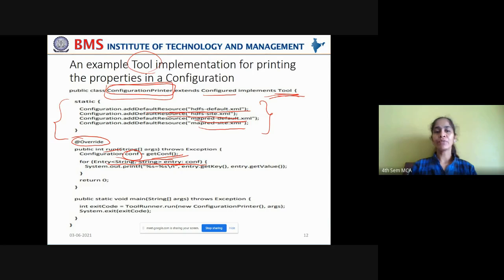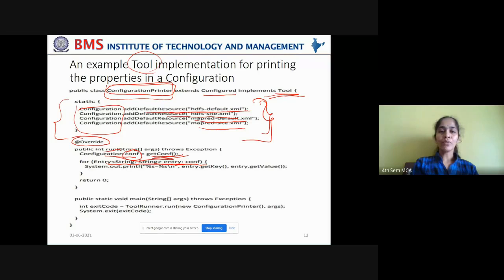Remember, understand carefully. When you're creating a configuration object, conf, you're getting all the configuration information from the default files that are added as resources to this Configuration class.